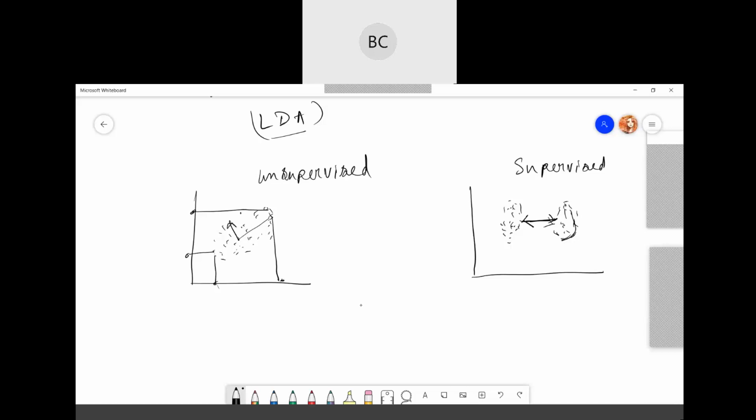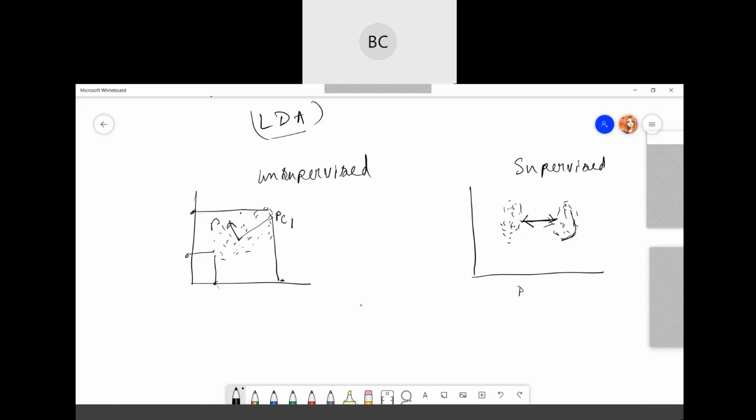Both are used for dimensionality reduction, just that LDA is a bit more useful because you can also use it for class separation.